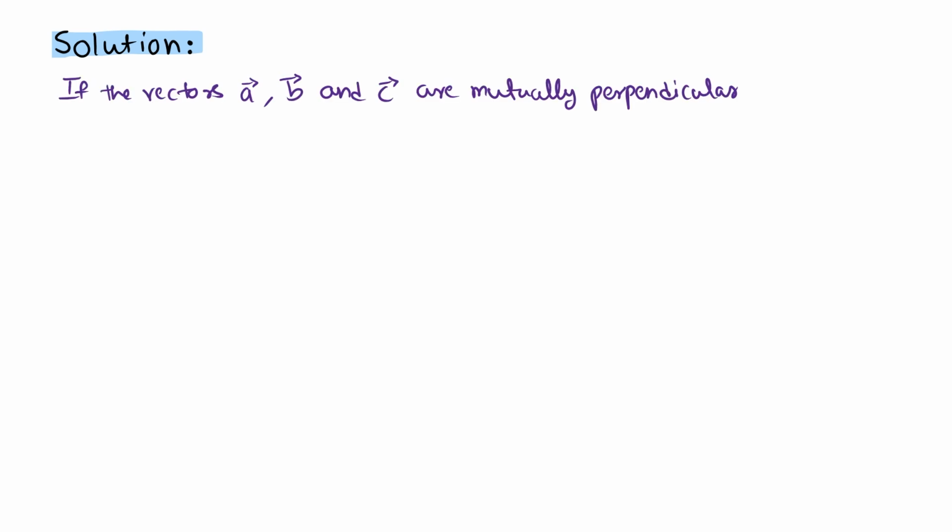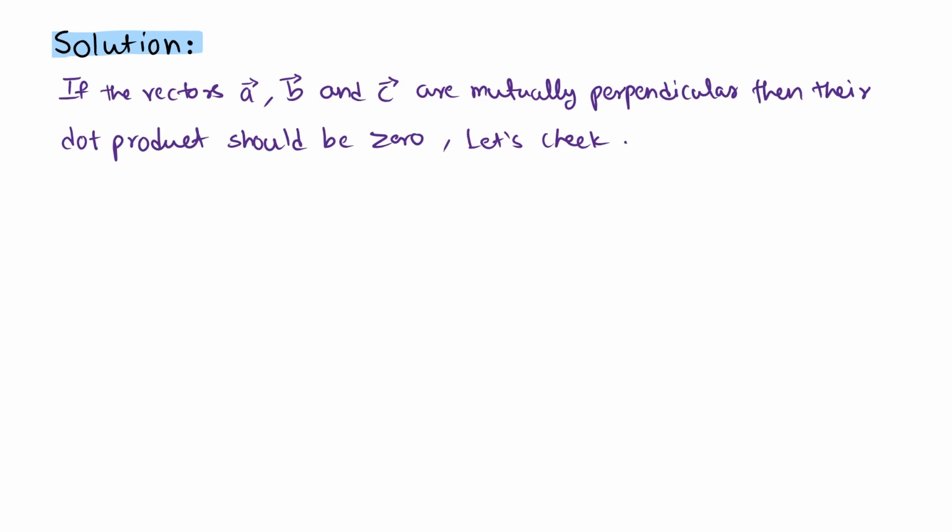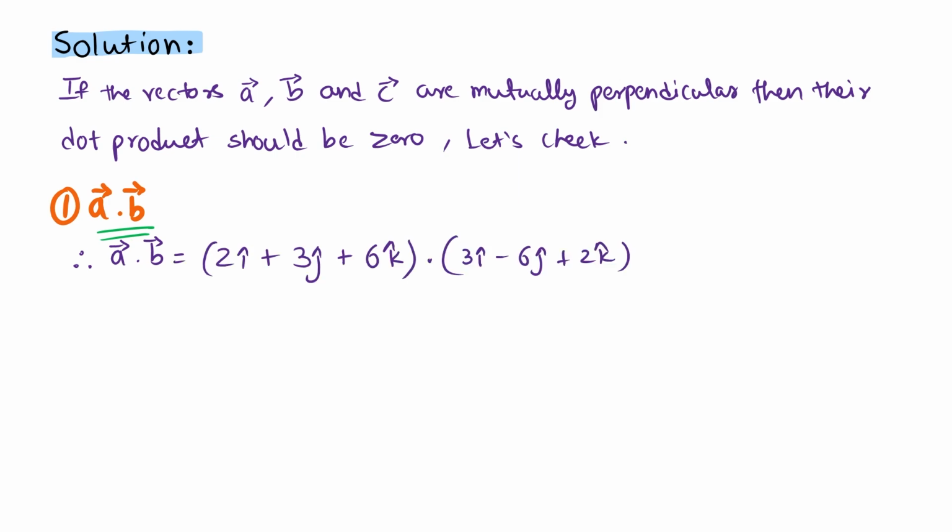We are going to say कि if A, B and C are mutually perpendicular to each other, then their dot product should be equal to 0. So if we were to find the dot products of these three vectors and if that product was 0, we can say that the vectors must be perpendicular. So वही हम करने वाले हैं, but step by step. सबसे पहले we'll try to find the dot product between vectors A and B. So we are going to find A dot B, which will be 2i cap plus 3j cap plus 6k cap dot 3i cap plus minus 6j cap plus 2k cap.